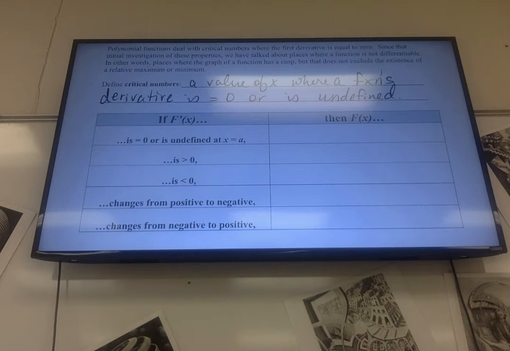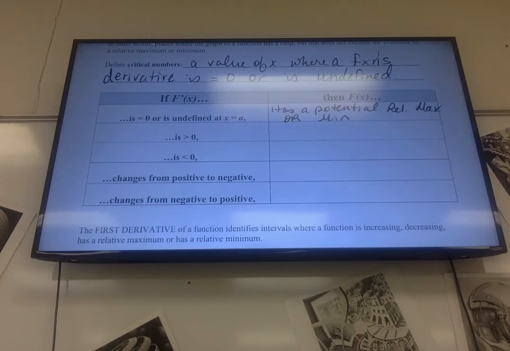And if it tells you the derivative is 0 or undefined, then what does that tell us about f of x? I don't know. Could be the relative max or min. Yes, could be. So it has a potential relative max or min. An example of where it's not,